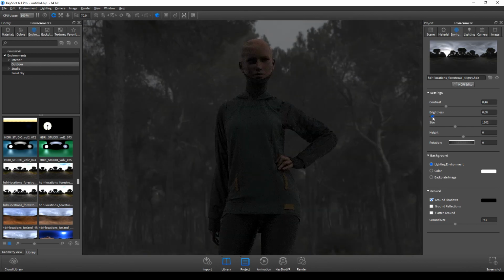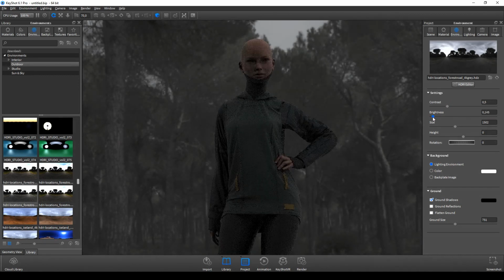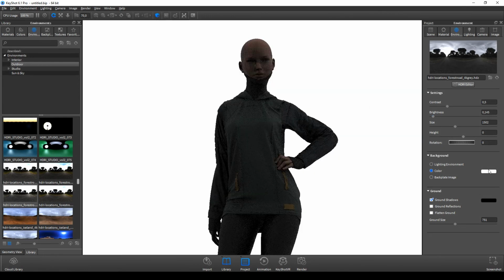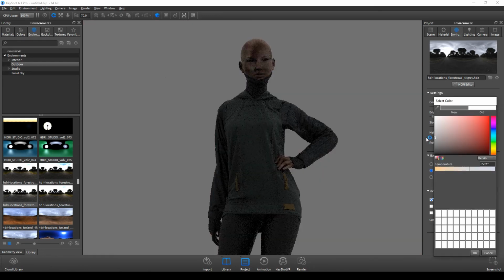So if we just do something like this, maybe a bit more contrast, maybe a bit brighter, and then just get rid of the background, give it some gray color,